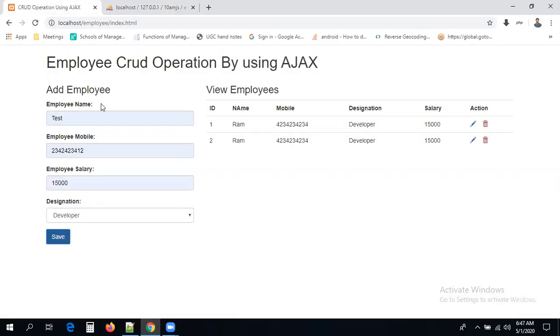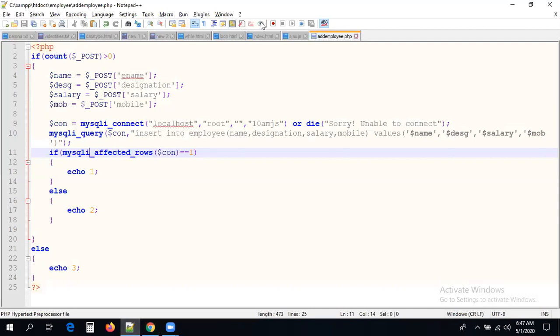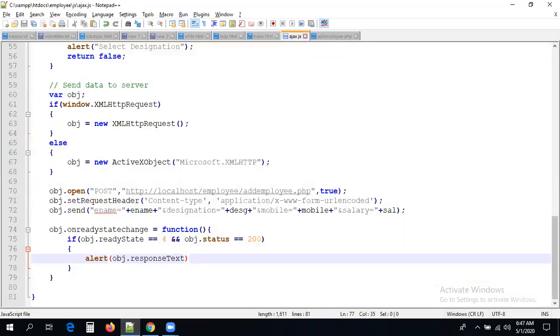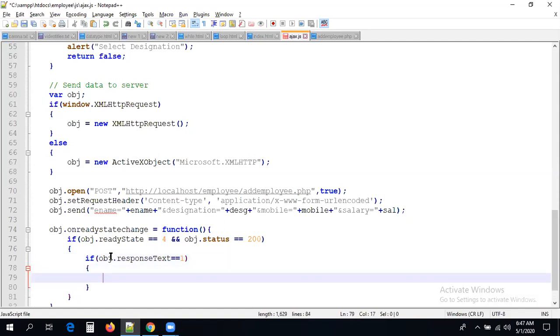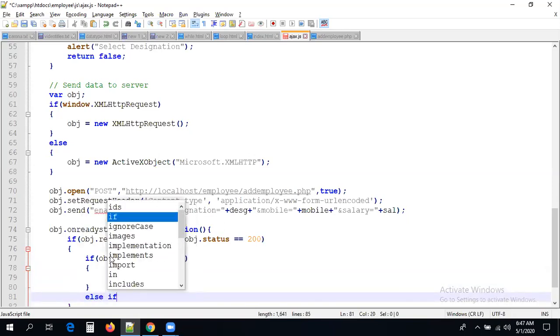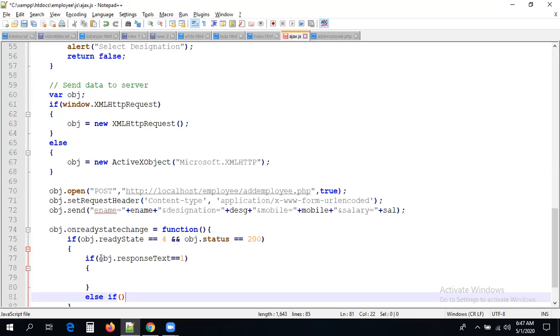That message we have to display here in the form, guys. So let me handle this response: go to your Ajax call and handle the response. Based on that response, we have to display a message. Let me simply write a condition here. If response text is equal to 1, so everything is okay, I mean record inserted successfully. Otherwise, else if the same response text equals 2,